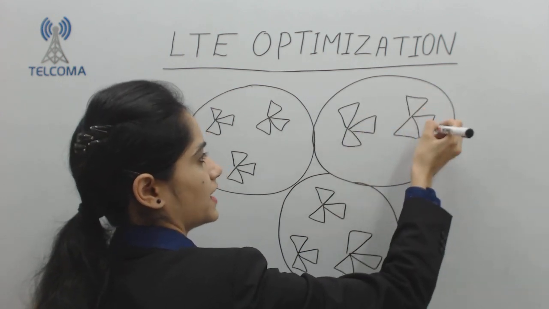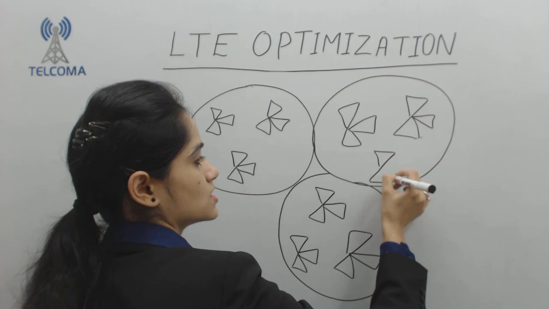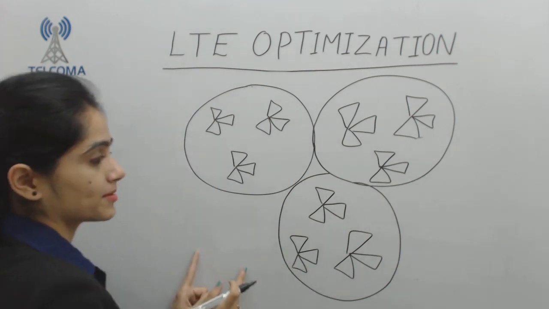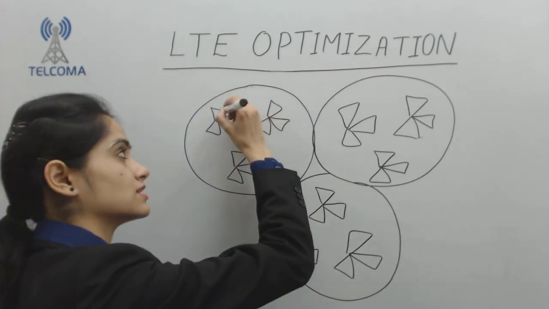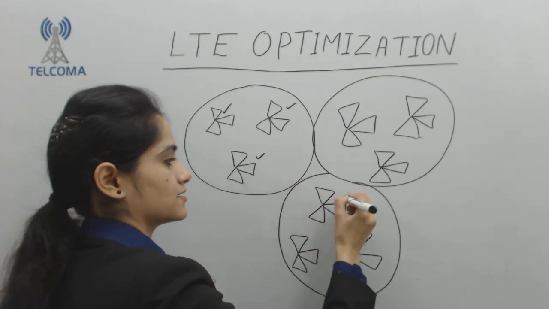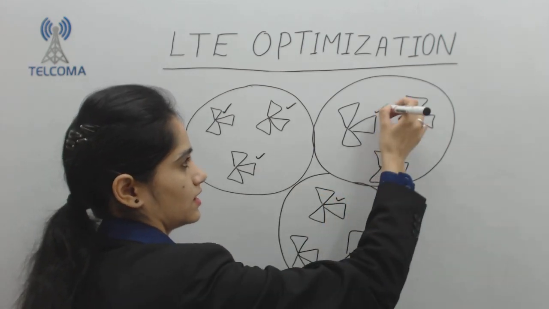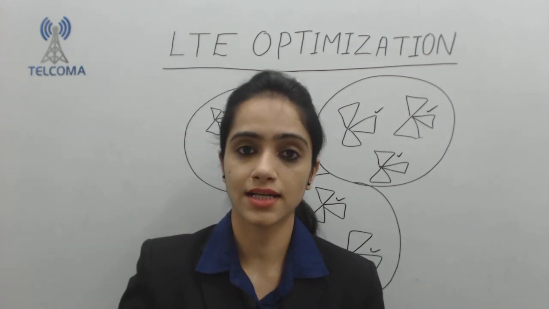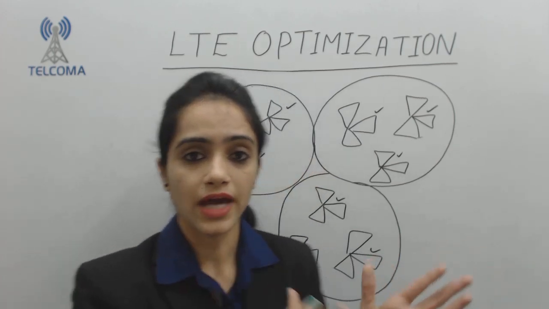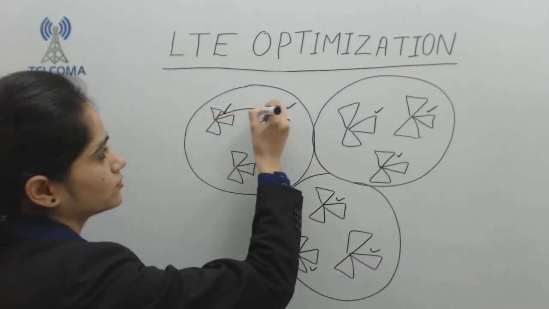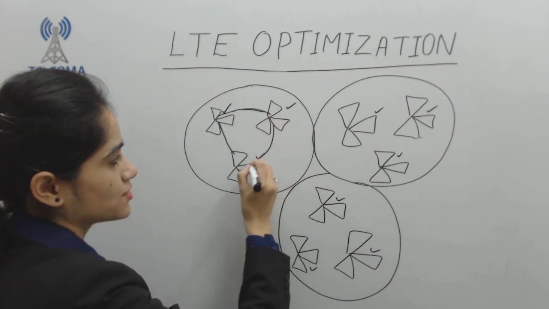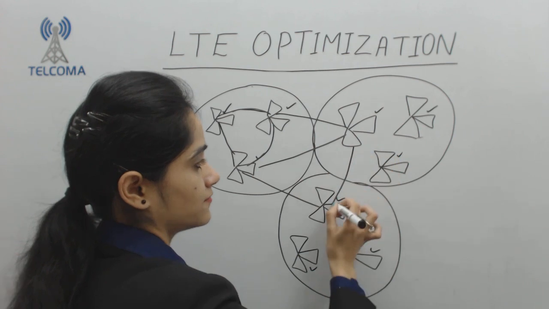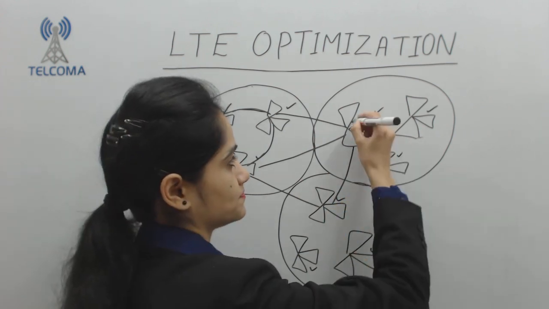We have defined clusters in our planning part. So after defining the cluster, now comes the work of the optimizer. That means the optimizer has performed the single cell function test of each and every site, and it is okay. Now we have to do the cluster level optimization. We have to find out the route between different cells. The route should be defined so that it covers each and every area, even minor roads also.